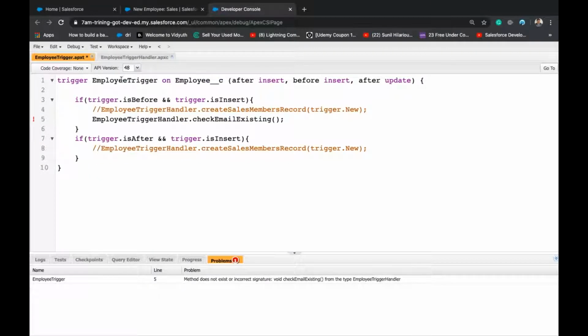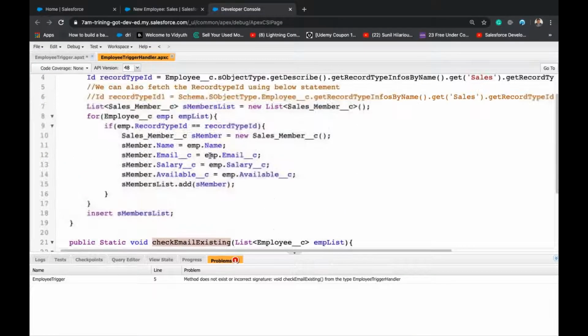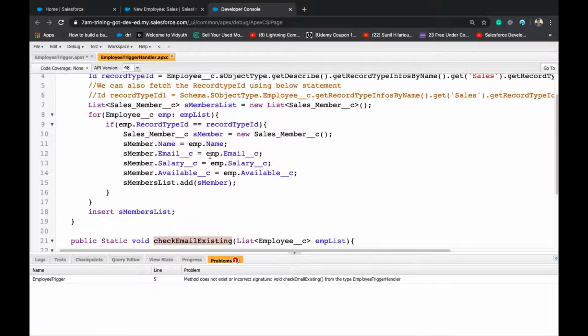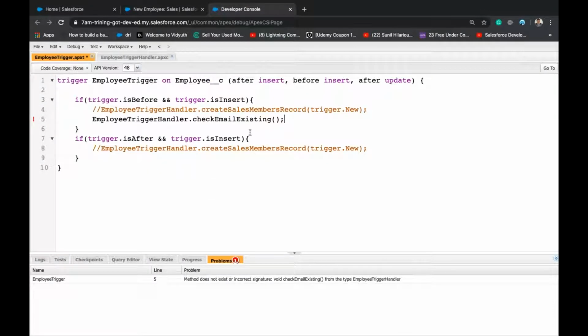By any chance, the method does not exist. Why is it not existing? It's not existing because I didn't pass the argument.